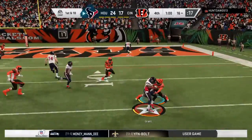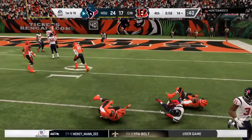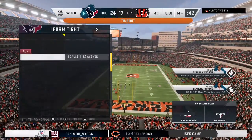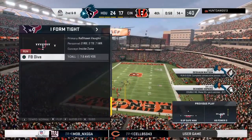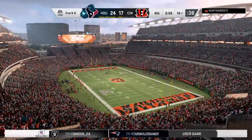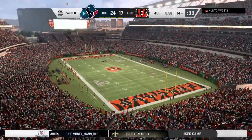And he'll give it here to his running back. He will push his way down to about the 14. The Bengals going to use the second of their timeouts as they get it with under a minute to go now in the football game. It's second and 8 at the 14-yard